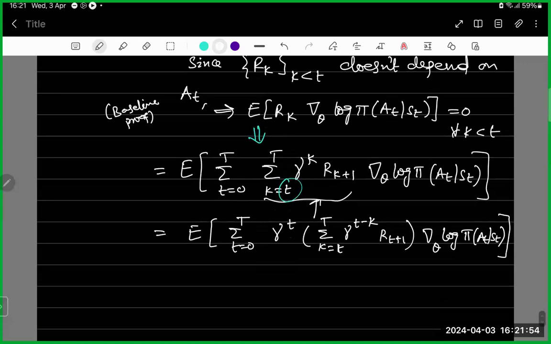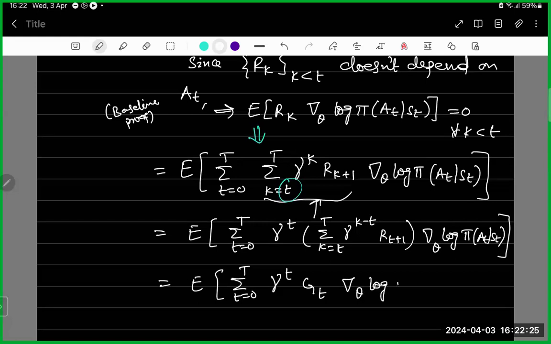Okay, is this fine? Yeah. Okay. So this is what, gamma power t into G_t. Then now,